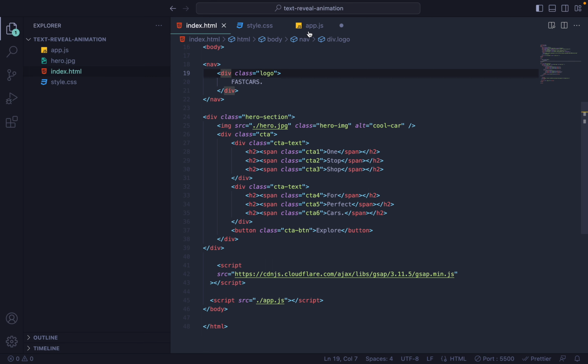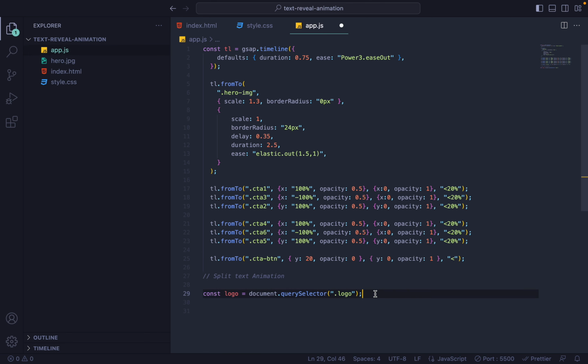We're targeting that with querySelector. And then we want to create another const called letters, letters equals